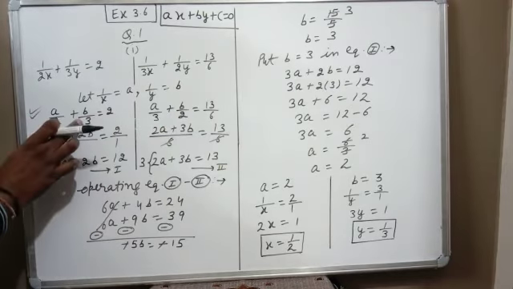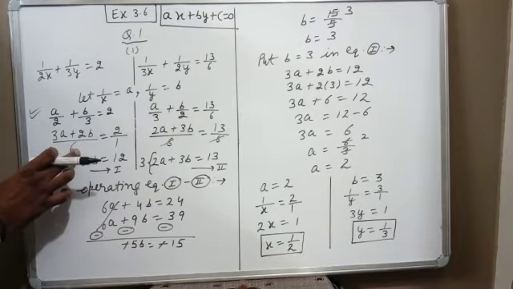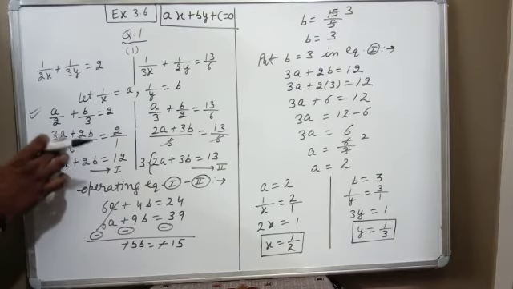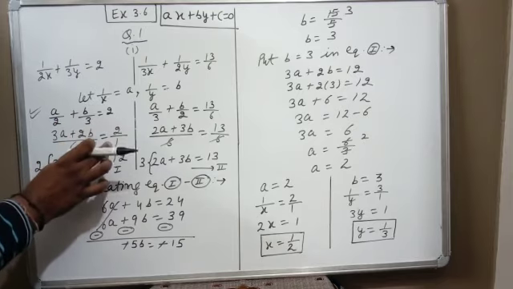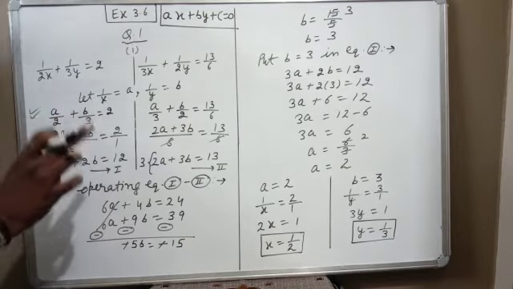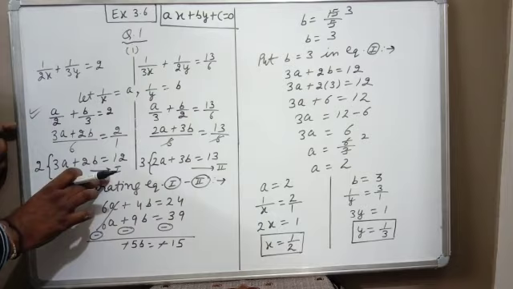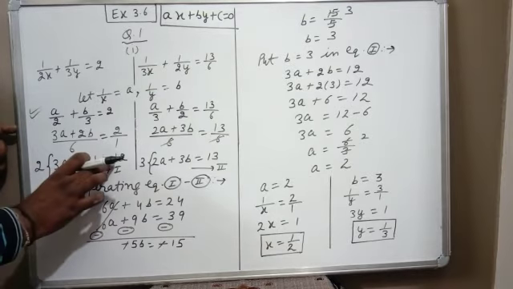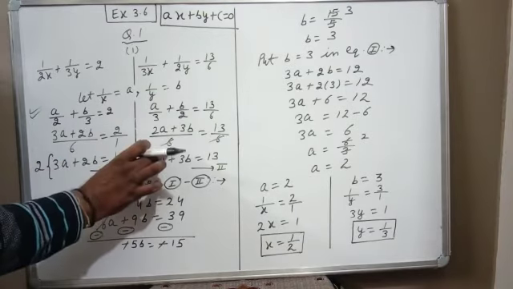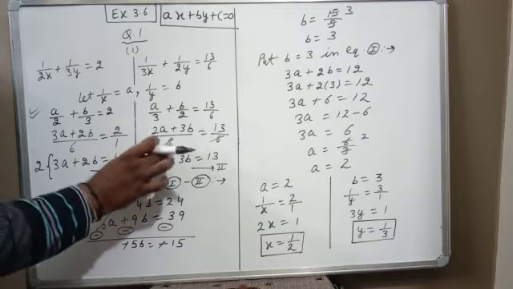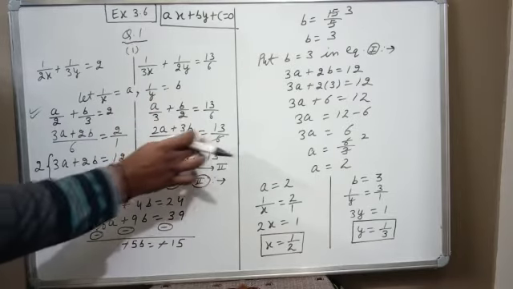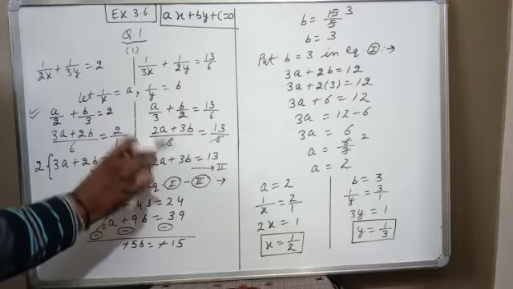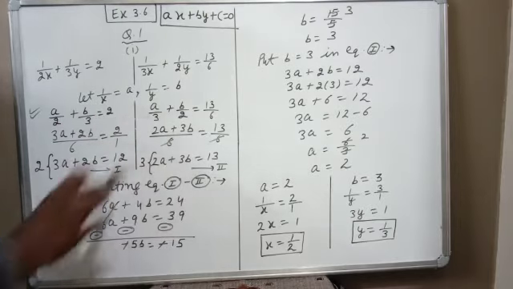Now the question is in fractions, so we will take the LCM. 6 is the LCM. 6 divided by 2, 3a. 6 divided by 3, 2 into b, 2b. 2 I can write as 2 upon 1. Now cross multiply. By cross multiplying we get the first equation: 3a plus 2b equal to 12. So here LCM is 6. 6 divided by 3, 2, so 2a. 6 divided by 2, 3, so 3b. 13 upon 6, the denominator is the same, so you can cancel. So here the equation is 2a plus 3b equal to 13.